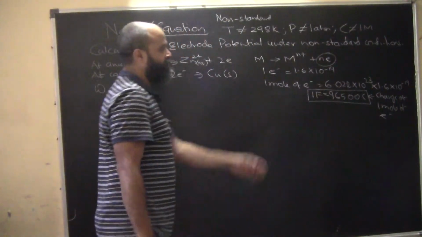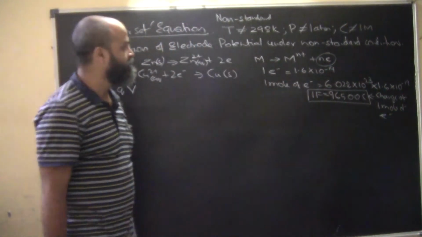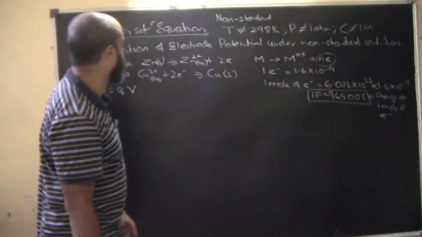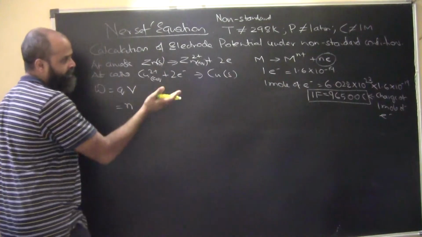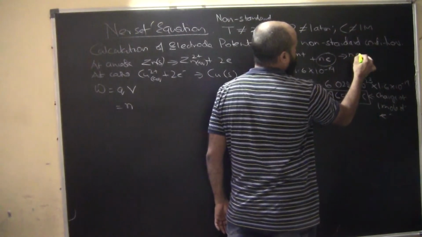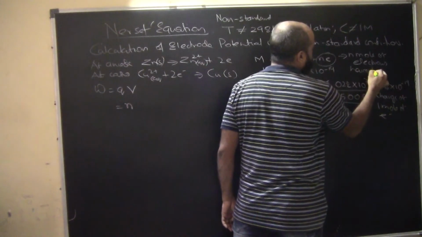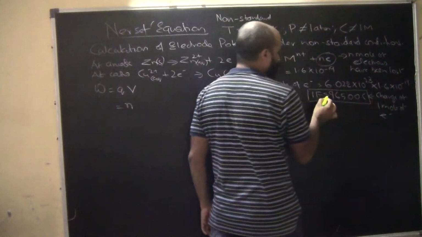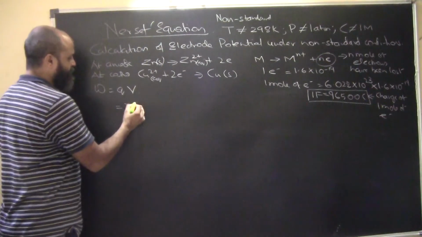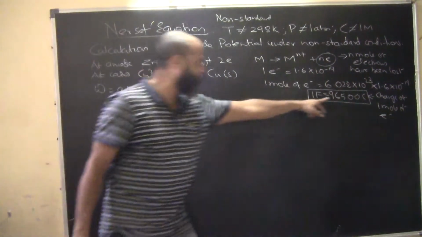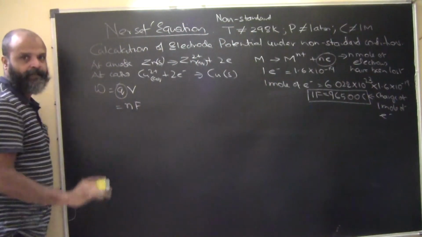So for example, a metal has undergone oxidation wherein it has lost n electrons. What will be the total charge of those electrons? Let's say n moles of electrons have been lost. The charge on 1 mole of electrons is 96500, so for n moles of electrons it will be n into F. 1 mole of electrons has this much charge, so n moles of electrons has n into F charge. I hope this is clear.